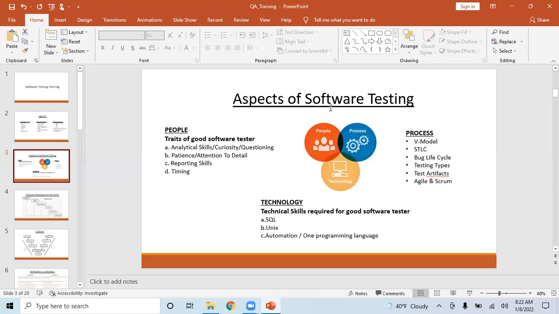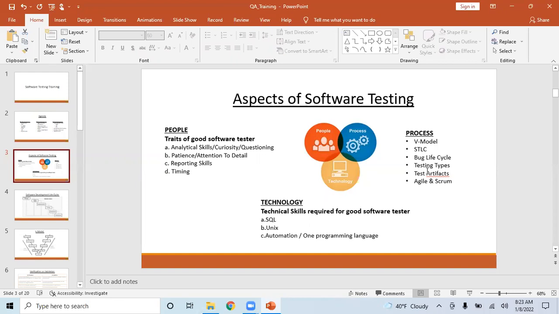In each life cycle, when you are doing requirements and analysis, you have to produce one kind of artifact. When you are designing, you have to produce test cases. That's one artifact. Your test plan is one artifact. So knowing which artifact to produce when is also a very important thing. And nowadays, everyone is using the agile process and Scrum. So you need to understand what agile is, what waterfall is, and how Scrum fits into agile. Those are some of the things we should be aware of as part of process.